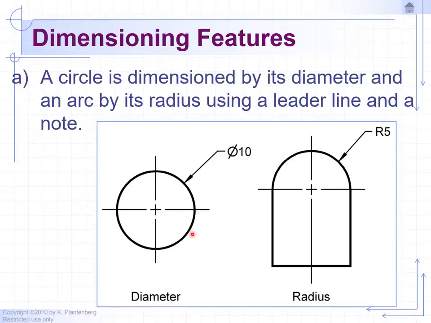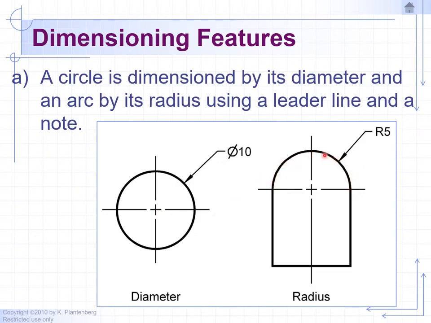Okay, so when it comes to dimensioning a circle or close to a complete circle, you want to use diameter. Notice how the leader is floating upward with its text floating upward and the arrowhead pointing down and towards the center of the hole. If it's in an incomplete circle, like a semicircle, again, here we have a 180-degree angle